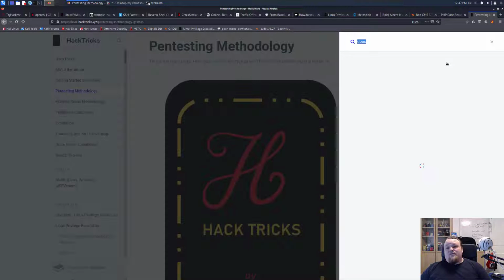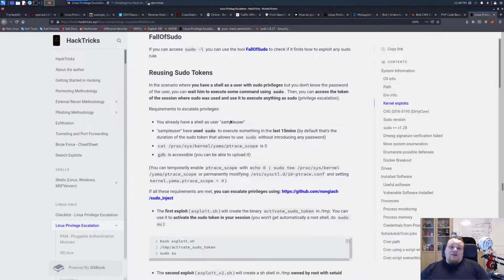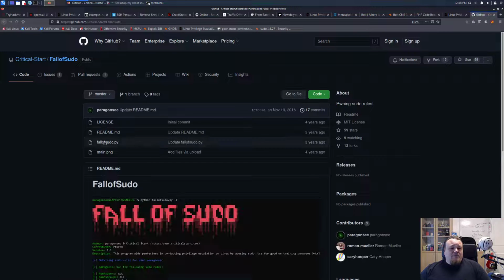So let's say you wanna find something about privilege escalation, so say sudo -l, and is that mentioned somewhere? If you can access it, you can use the tool Fail2Sudo. Okay, so you can learn something here actually. And I think you should use it to check if it finds how to exploit any sudo rule. And you can click the link and basically